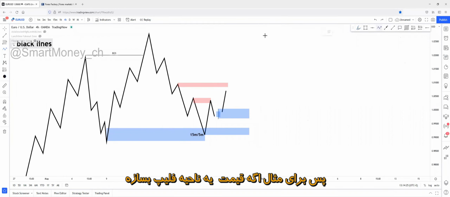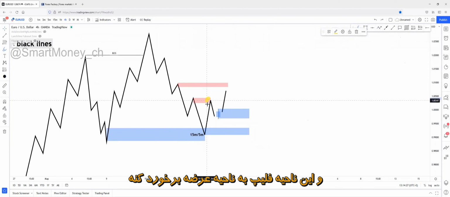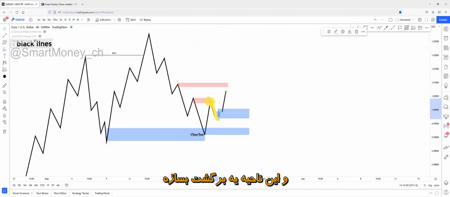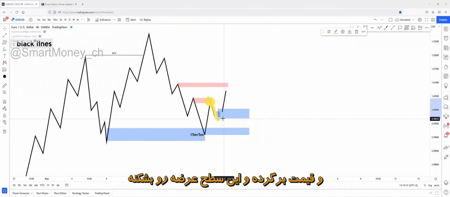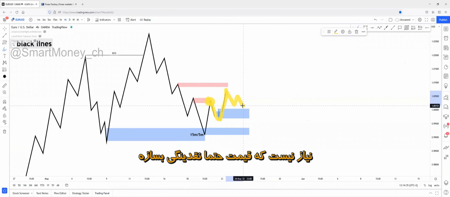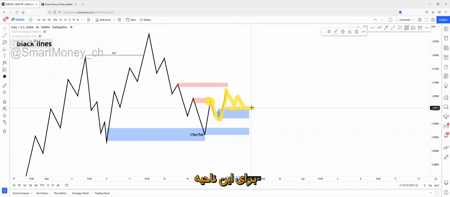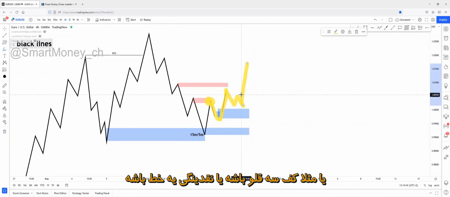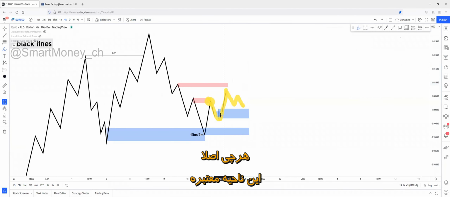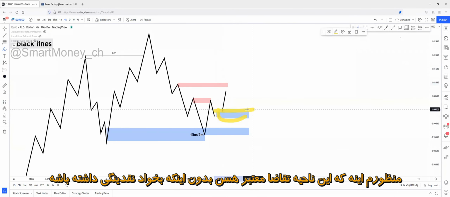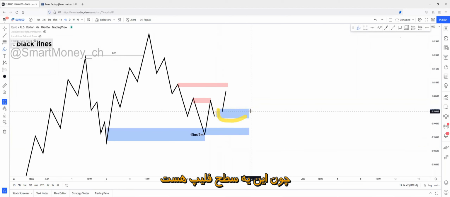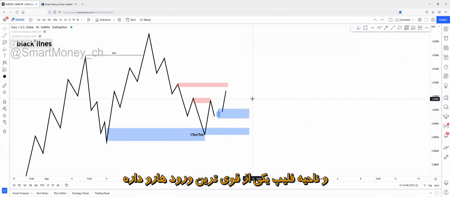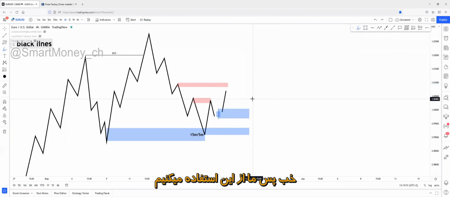So for example, if price creates this flip zone, taps into this supply zone, creates a reversal, and after the reversal price just breaks above this supply zone, price doesn't necessarily have to create liquidity for this zone, so there don't have to be double bottoms, triple bottoms, liquidity trend lines, etc. So this demand zone will be valid even without liquidity, because this is a flip zone, and the flip zone is one of the strongest entries that we use.